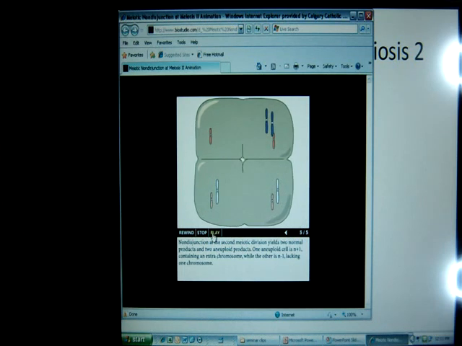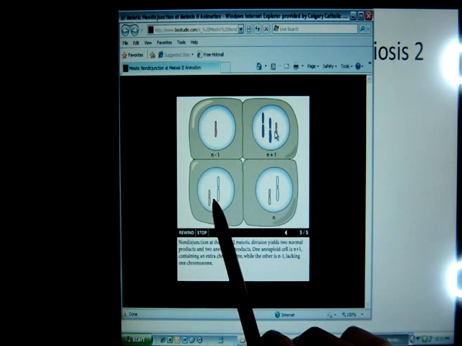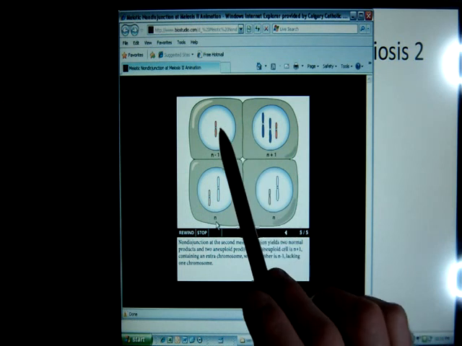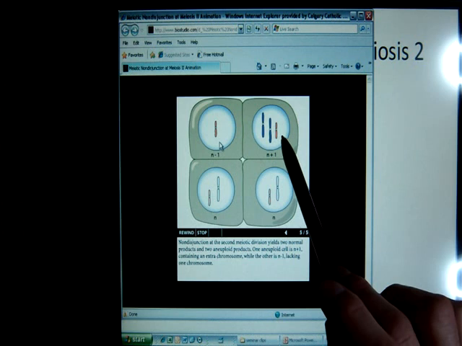Those cells are going to divide, and I'm going to have 4 cells, just like I expected. But now, well, I can see at least 2 of the cells are normal. 2 of the cells have 2 chromosomes, which is what I was expecting. But 1 cell is missing a chromosome, and 1 cell has an extra chromosome. Now, if this occurred in human beings, we know that human beings have 46 chromosomes. I would see 2 cells that have the correct number of haploid chromosomes, so 2 cells that have 23 chromosomes. 1 cell would be missing a chromosome, so instead of 23, it would have 22. And 1 cell would have an extra chromosome, so instead of 23 chromosomes in a normal sperm or egg, I'd have